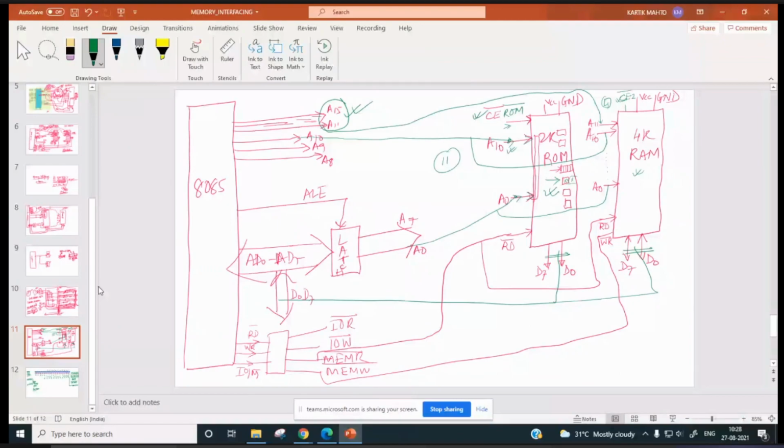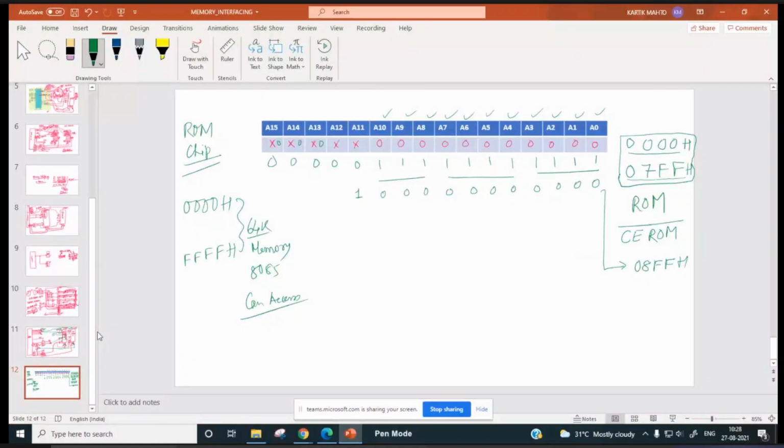So suppose these pins are not connected to chip select.